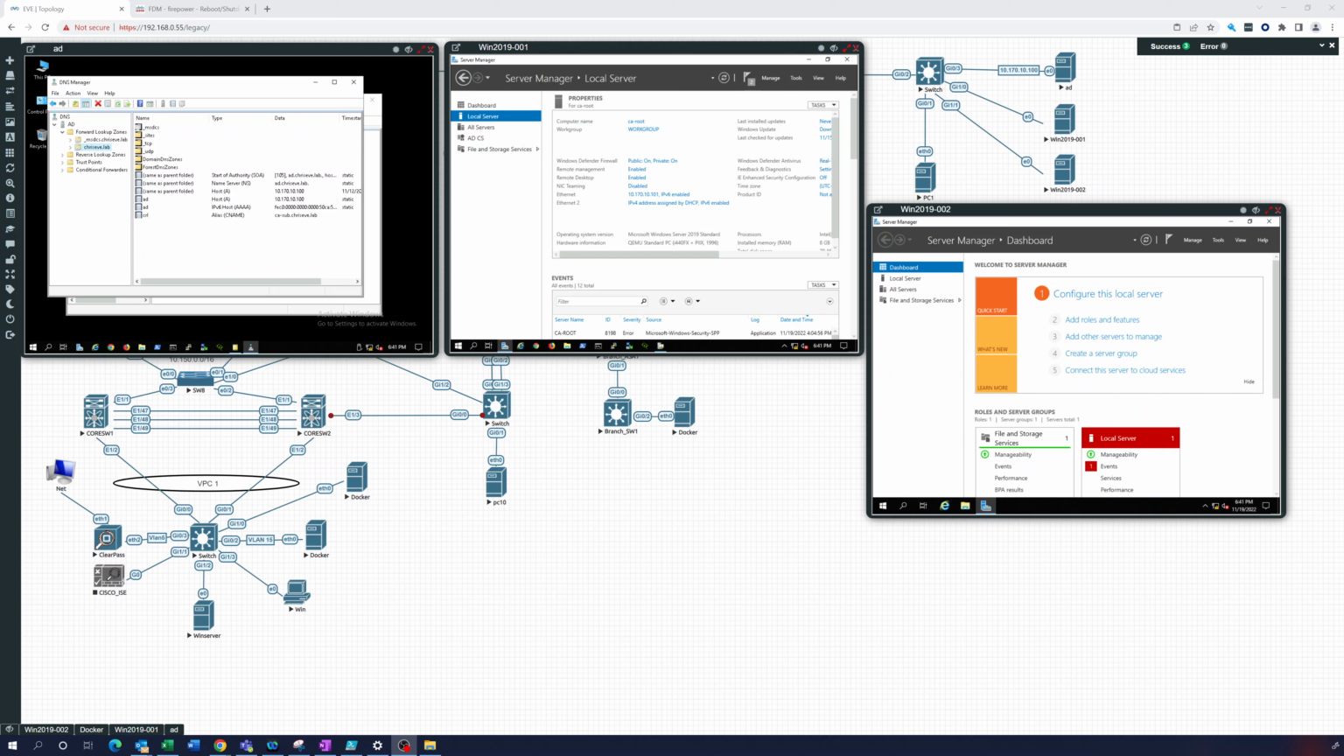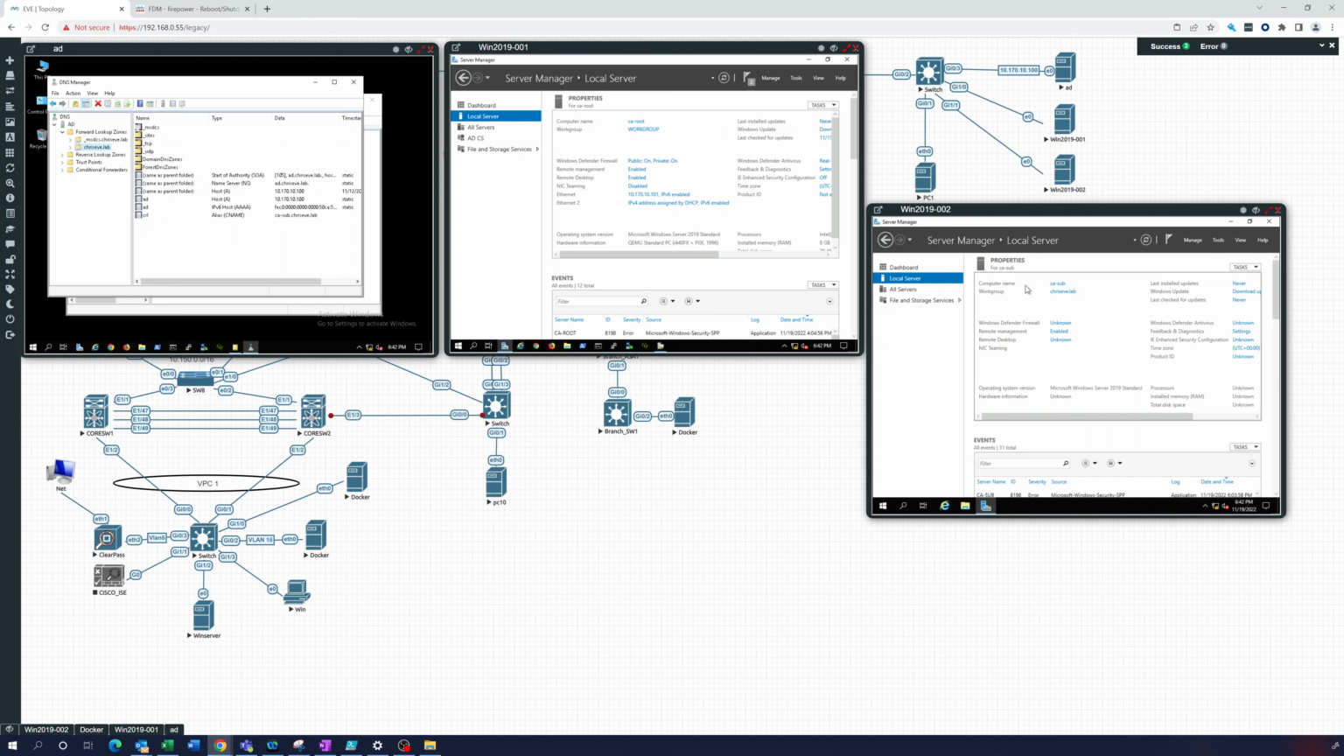Hey everybody, this is part two of the series on standing up an AD certificate authority server infrastructure. So far we've created the root CA on this one, Win 2019, non-domain joined. You can see this is just in a workgroup. It's called CA root. Our next step is going to be to take this server here, this Windows 2019 server,